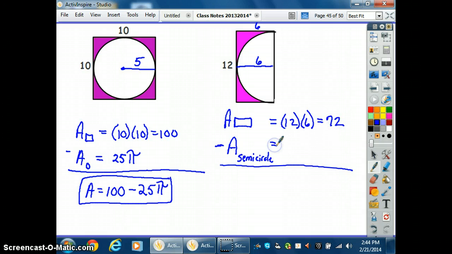And the area of my semicircle is pi r squared. The radius is 6, so it'd be 36 pi, right? But I want a semicircle, I want half of it. That would be 18 pi. So the area is 72